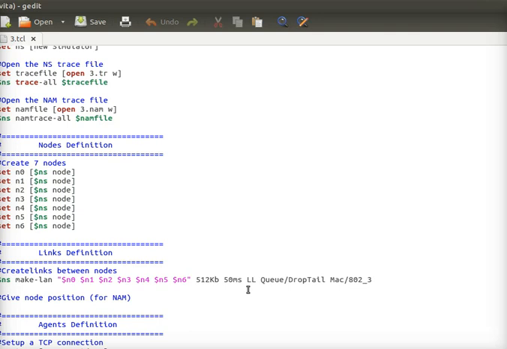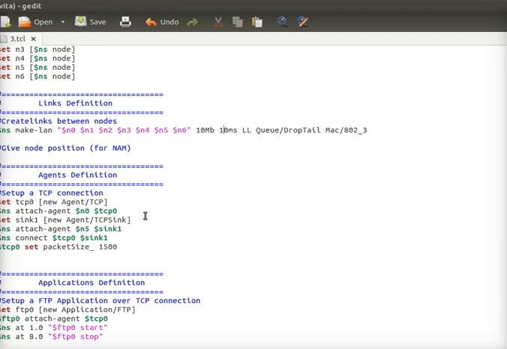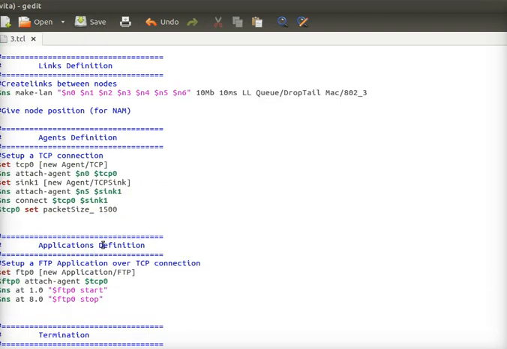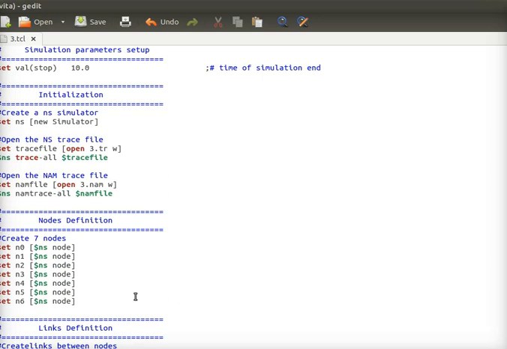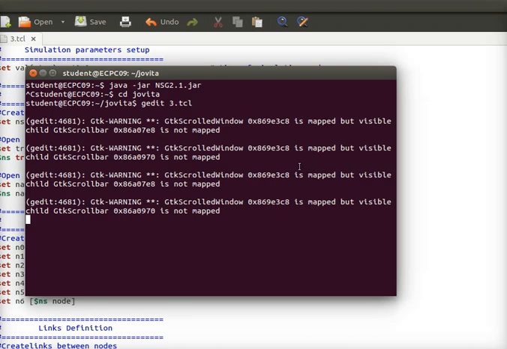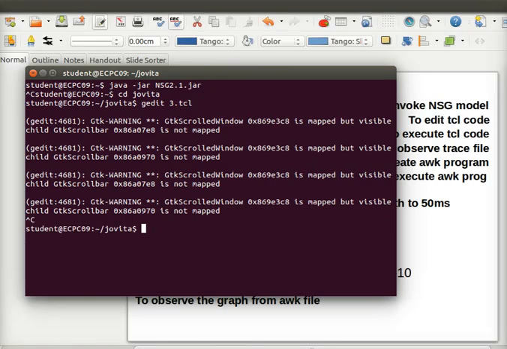So first I'll change it to 10 MB and 10 milliseconds. Save it. You need not change the color here, only TCP, then you will be giving the time. Once you save it here, go to the terminal window, Ctrl C, and perform NS here